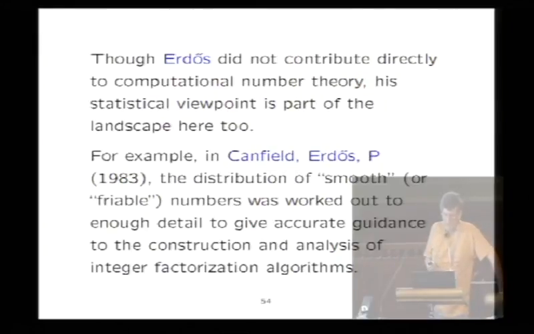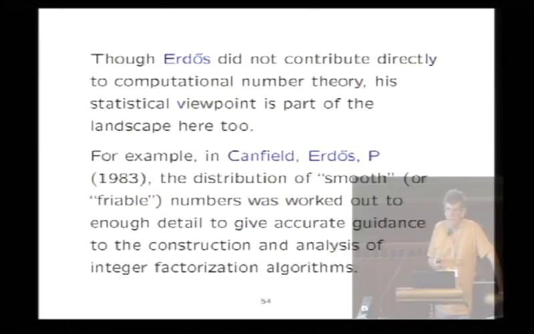We worked out the distribution of smooth or friable numbers. These are numbers, all of whose prime factors are small. We worked out their distribution to enough accuracy to give guidance to algorithms that depended upon smooth numbers in their analysis. So, for example, factorization algorithms and discrete logarithm algorithms. So this became sort of the go-to paper for quoting results on